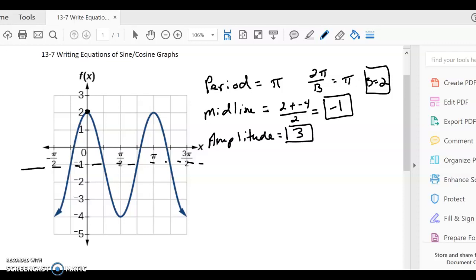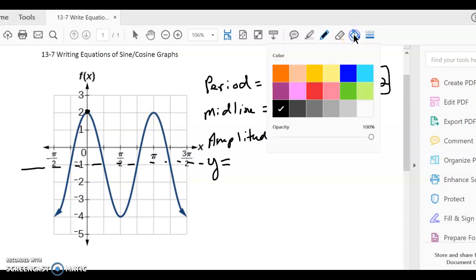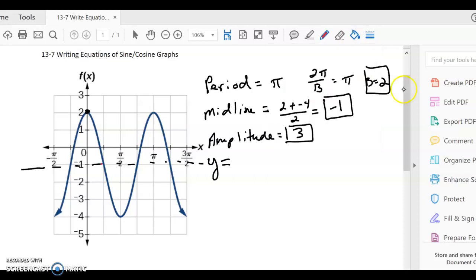Now we're pretty much ready to write the equation of the graph. And I'm going to give you 4 different equations today to show you that we can write it as a sine function or a cosine function. And that's what you're going to do today. So if we write it as a sine function, and we're going to use different starting points, I'm going to show you that. So if I want to use this point right here, we'll call it A, as my